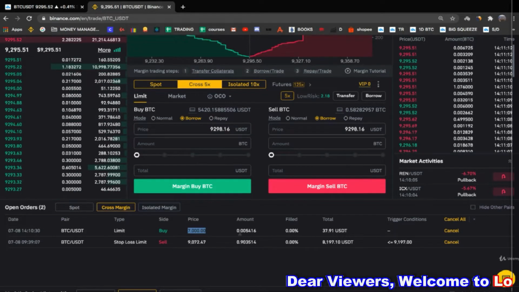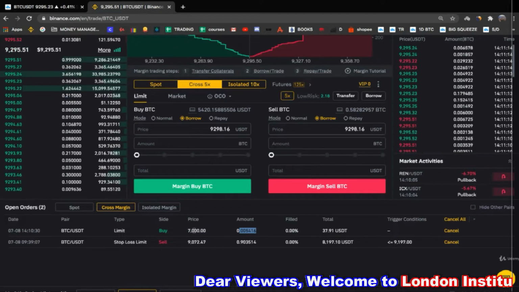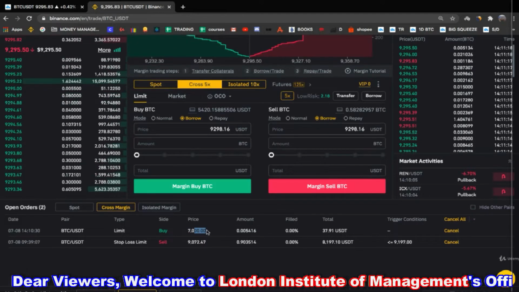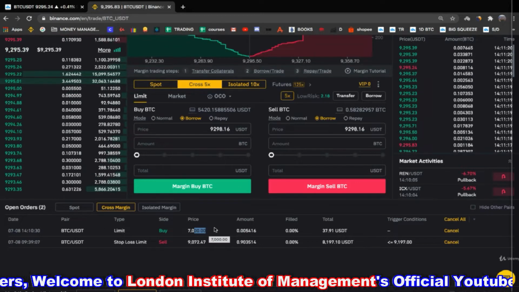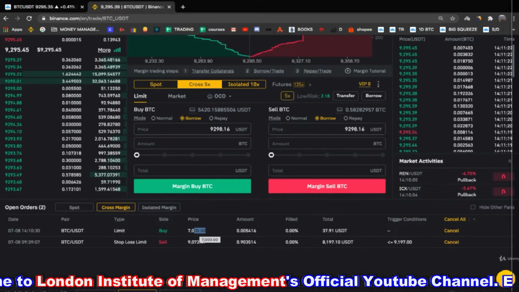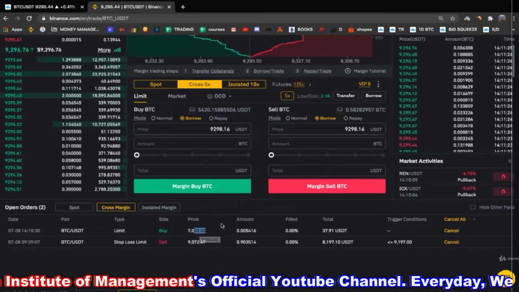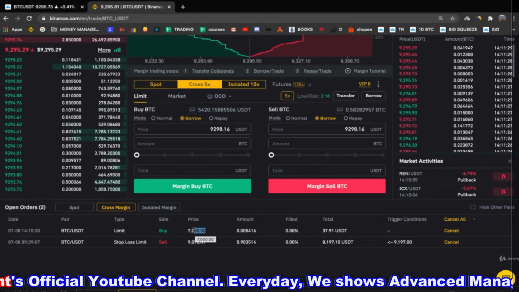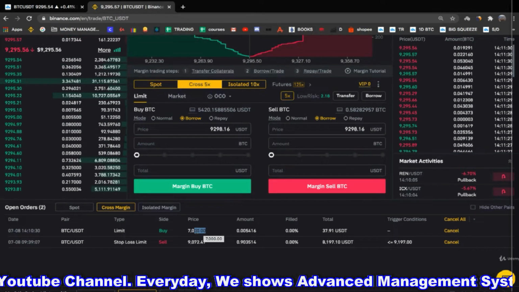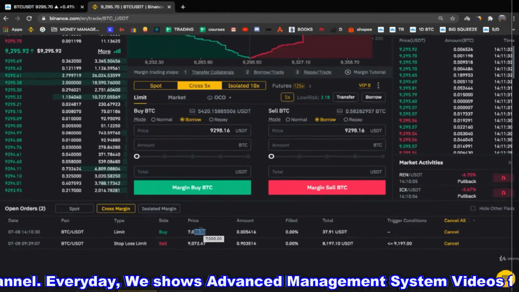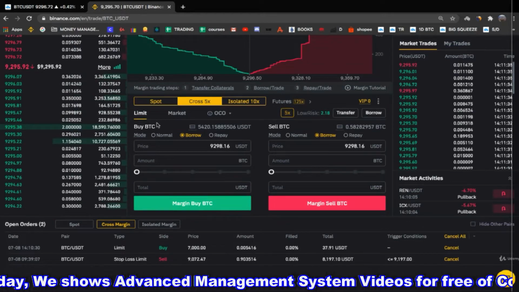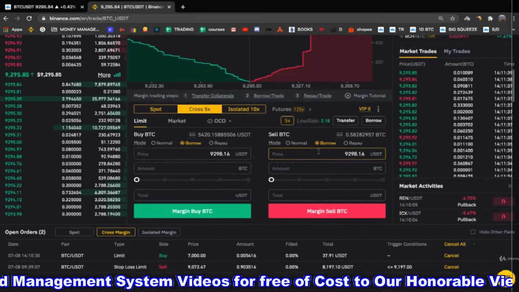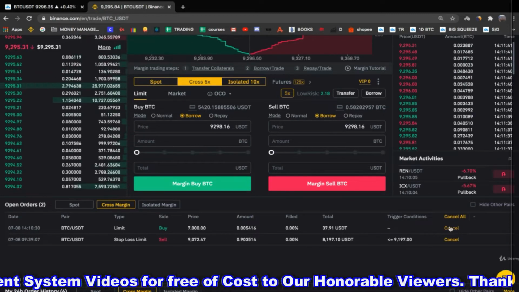Don't worry, you are not paying any fees. You are only paying fees when the order is executed. So this order can stay there for 10 months, for 10 years if you wish. If the price does not come to this level, you are not going to pay anything. You are not paying per time that the order is open. You are paying only if the order is executed. So don't worry about that. This is the limit order. Again, a limit buy order and a limit sell order are basically the same. Let's cancel this one.